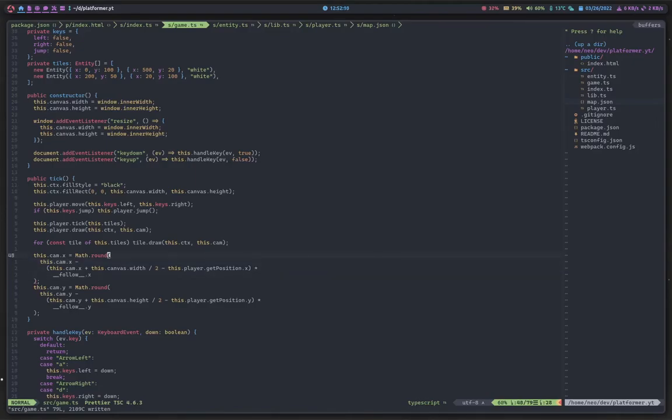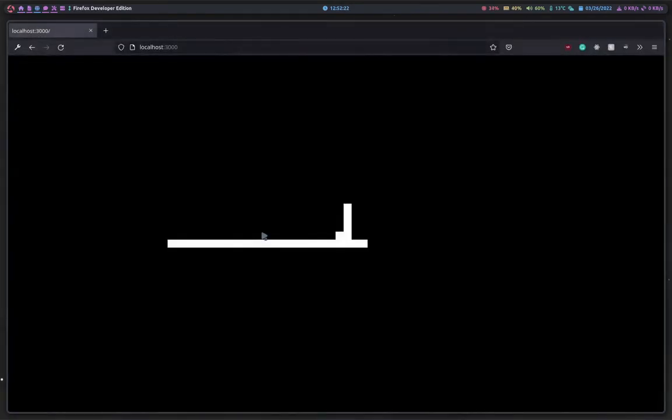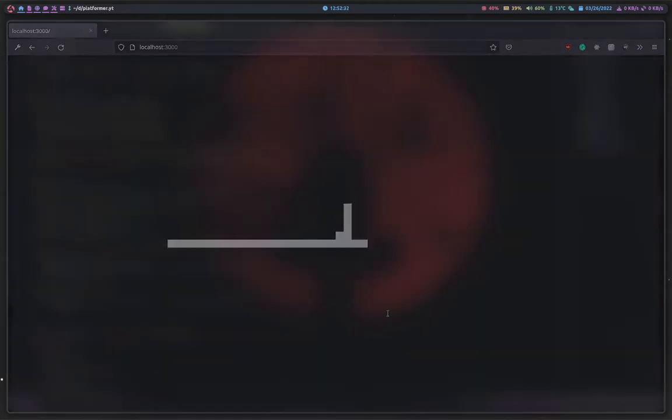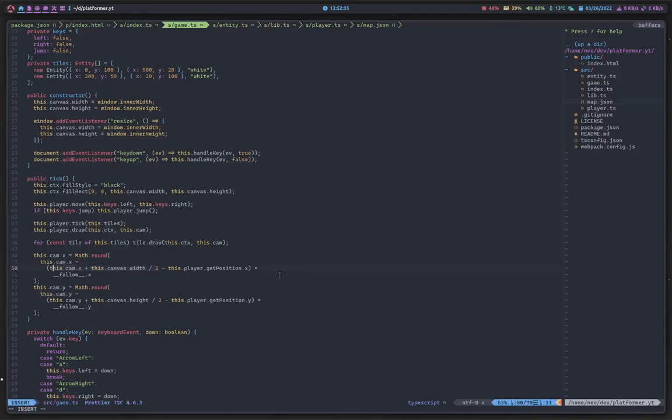What we are doing is we are taking the camera x, and we are subtracting the current camera x plus this.canvas.width over 2. This just makes the camera centered on the screen. If the camera wasn't centered, the player would be way up here. It would be centered, but it would be up here. So adding that just brings everything to the center of the screen right here. And then we're subtracting